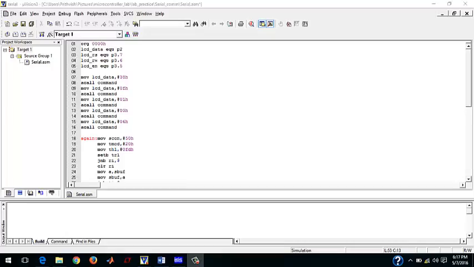Hey guys, by this point in the video, you would have been familiar with the software KEIL 8051 and serial communication in 8051. So here is a bit different code written by me than the previously shown on hardware. The difference is that in this code, we will transmit and receive and also display it on LCD. So whatever things you type on your serial or virtual terminal, you will be transmitting it to your 8051, which will be further displayed on the LCD, and further you will be receiving back on the serial terminal the same